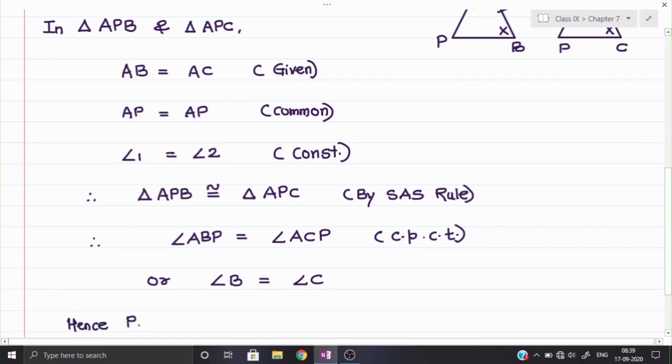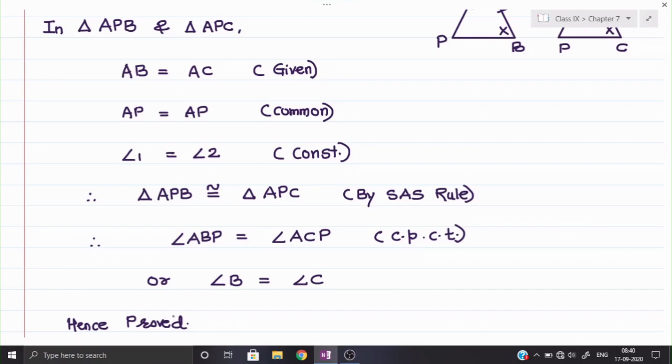This is the only one theorem which is presently in the syllabus. Till last year there were some more theorems given, but right now according to the latest CBSE syllabus, this is the only one theorem that could be asked from this chapter. So this theorem proof you need to prepare. This theorem may come for 2 to 3 marks in the examination.